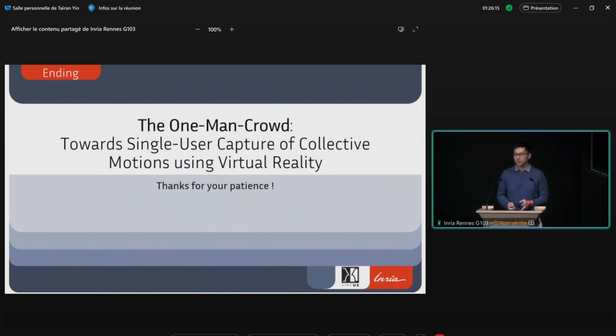Of course, the goal of our one-man crowd paradigm would be to capture data to serve all different possible usages of crowd simulation. But it is also important to keep in mind that it's actually a very first, I would say even naive, step of the exploration in this direction. And it might still be a bit early to talk about the usage in generating massive data sets, for example, for machine learning.